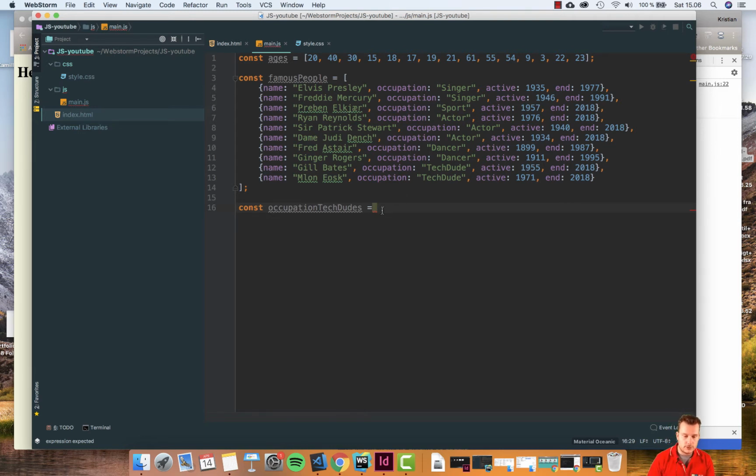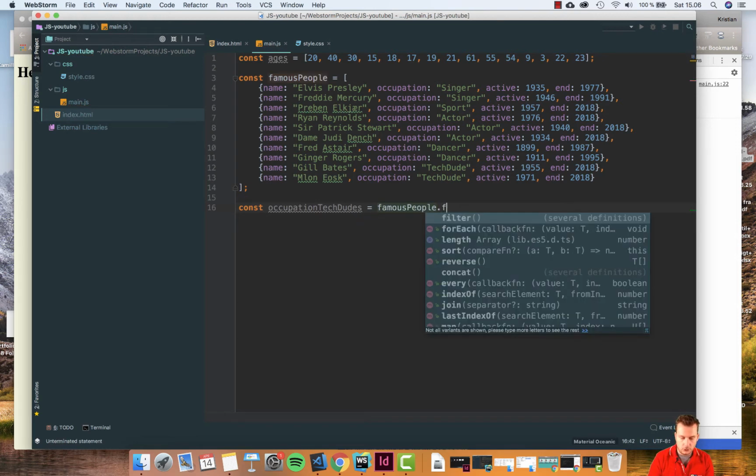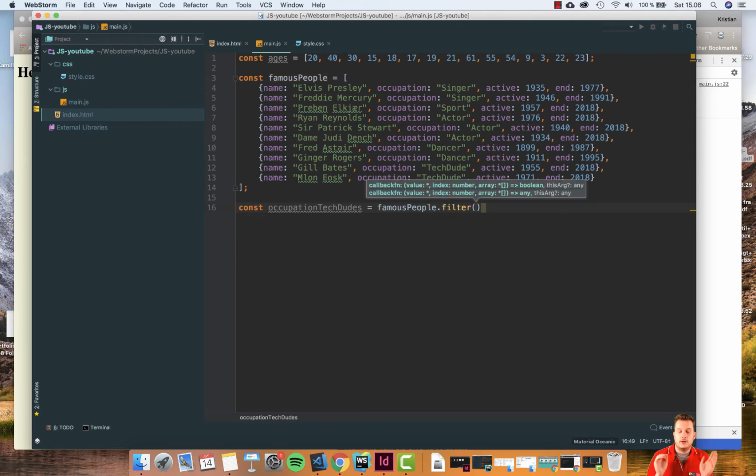So we're going to create this variable here, and we're going to grab our famous people array up here, and as before we're going to use the filter. Before we just used the fat arrow notation, but we're going to be creating this one more alongside the one you saw with the for each. So we're going to actually type in function and the specific keywords, so you can see how it actually works, and then your job is to try to create them with the fat arrow afterwards. First, function, like this, and in the function here we want to use an argument or a